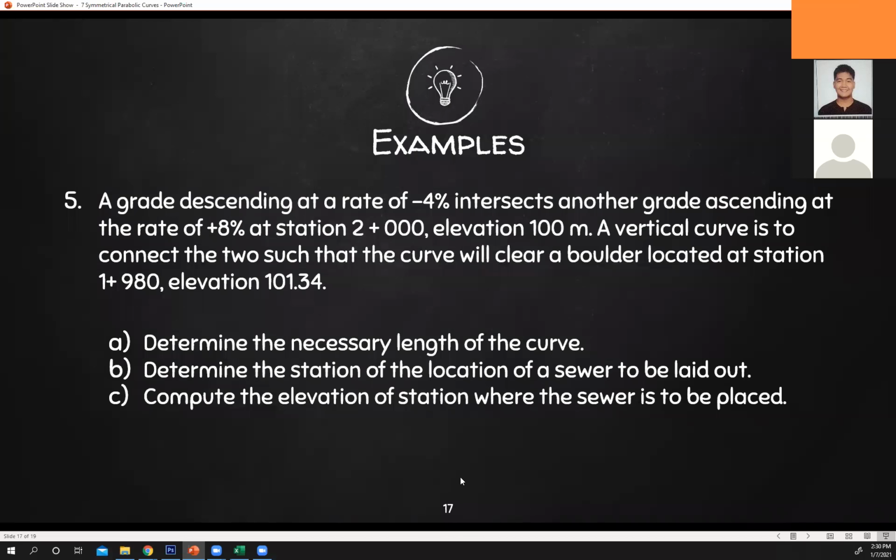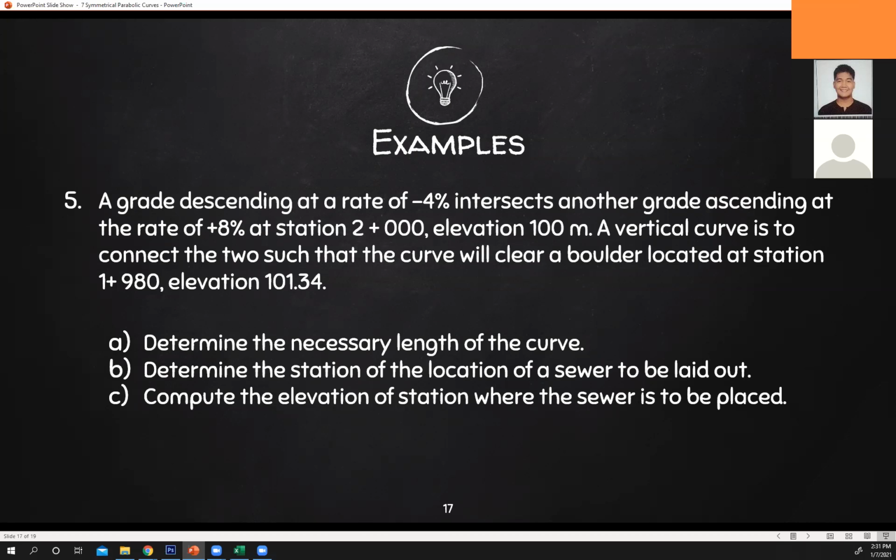So, I have 30 minutes left. So, I'll upload this again later. I made some additional questions so that we have more examples, or you have more examples to study. Okay? So for now, just look at the screen since you don't have a copy of this yet. Okay, let's start. So number 5,